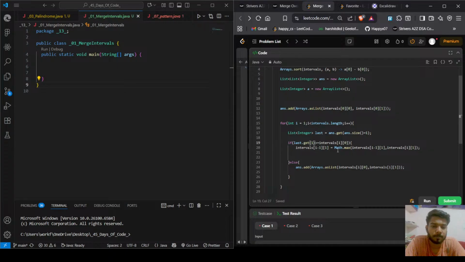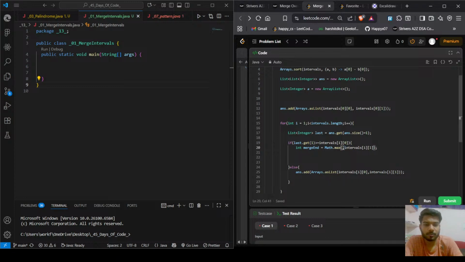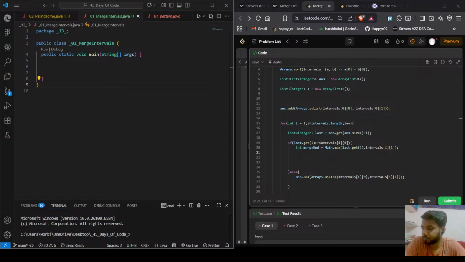If it is greater than that, then we will do it using merge and with the solution to extend analogy to large and this much should be updated with the last contract one and then last select one comma large and